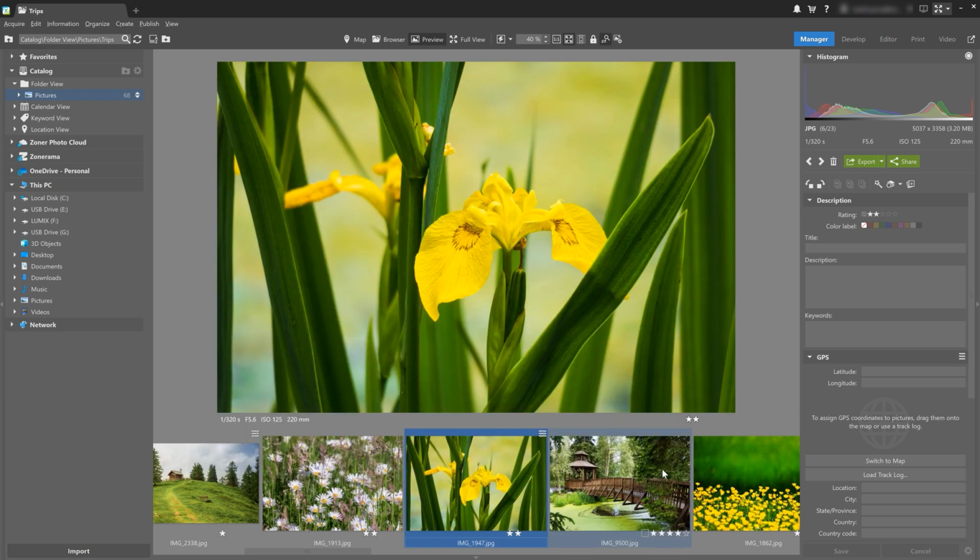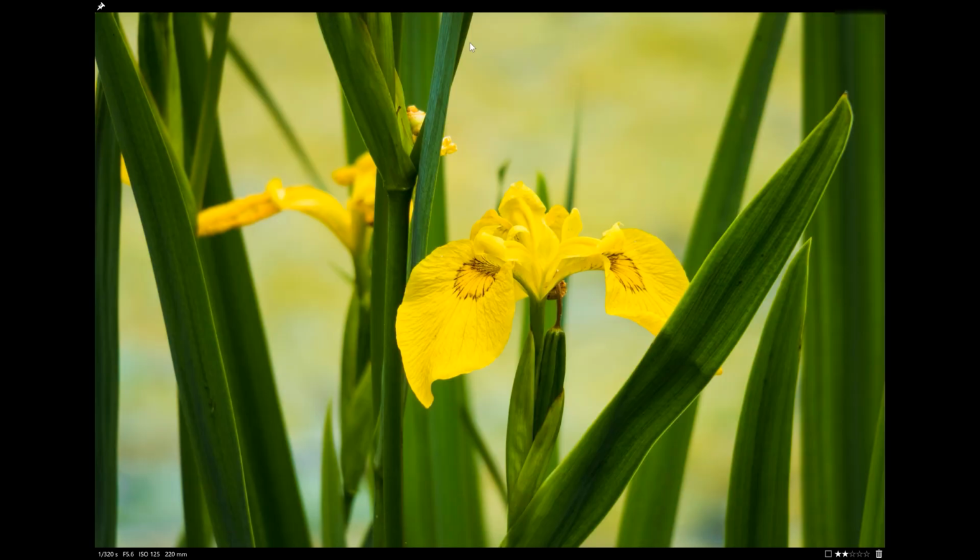Check out the new Full View, which was recently added in the last update, by clicking on this button here. And everything you'd want to know about the Full View is going to be covered in another dedicated video, and you'll find a link to that in the description below this one that you're currently watching.